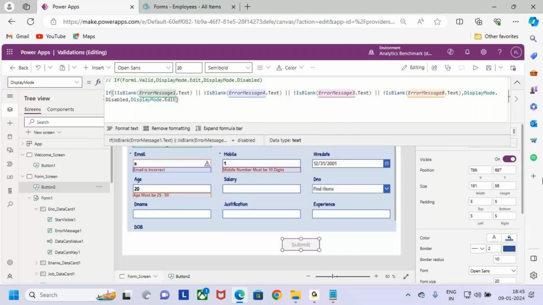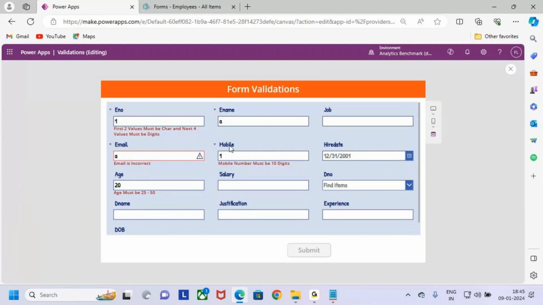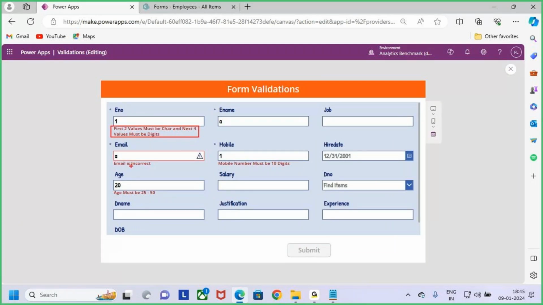Now see, what I'm doing here is, if there is any error message in this control, these are called controls, guys. Data card controls. What is this control? Error message control. If there is any error message in these controls, then I want to disable it. When there is no error message, then only I want to allow the user